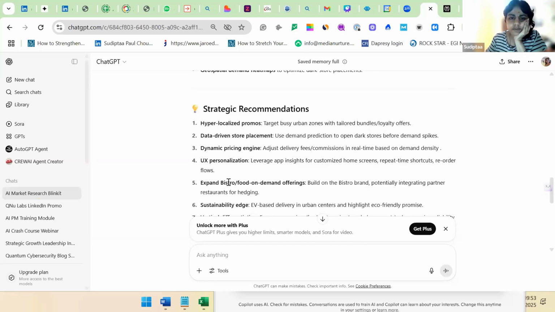It has given more or less generalized ideas. Now, you as an AI PM should take one cue and come up with one specific campaign. Let's say you want to do that 2 kilometer radius campaign, and by campaign I mean you want to do an experiment and see if your AI tool is able to predict the behavior based on that 2 kilometer radius you have chosen.